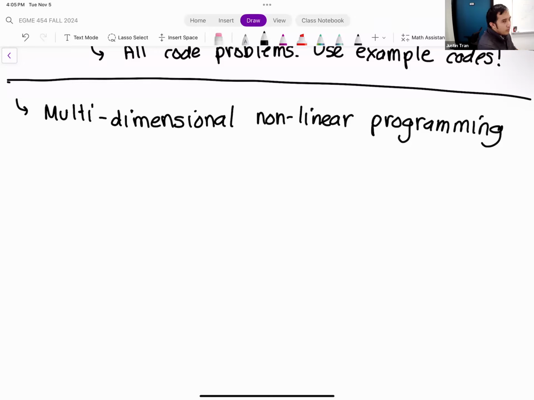And this is where the bread and butter of optimization really comes into play. Because most of the time, if you have just a one-dimensional problem, you don't really need optimization for that. You can find the optimal value on your own. But when you have complex engineering systems with multiple variables, 5, 6, 7, 8 variables that all depend on each other, that all affect the system in complex ways, that's when you need an algorithm to help you choose those parameters.